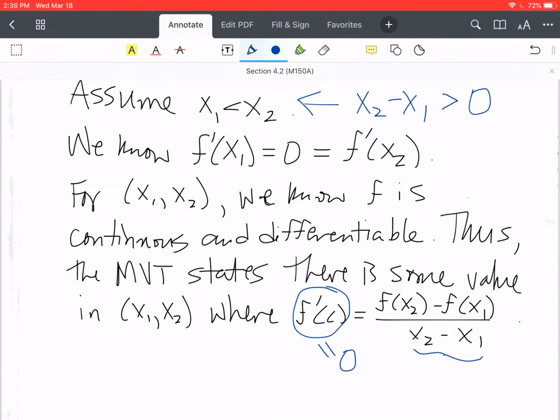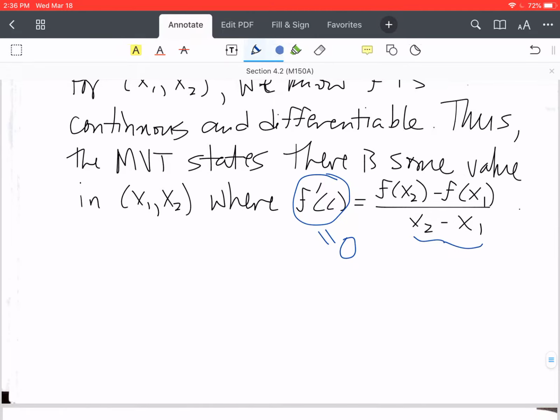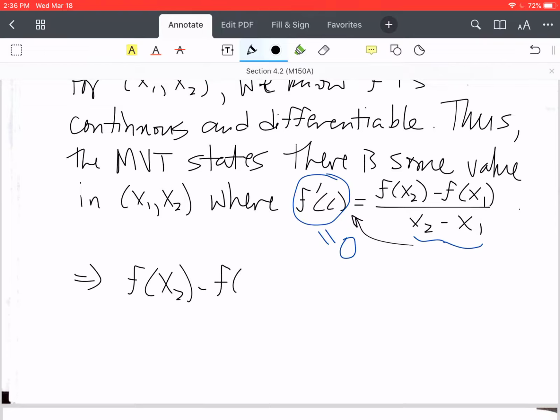That means I'm not dividing by 0 here, because that's always a concern when we're dealing with fractions like this. I'm going to multiply this across, but anything times 0 is just 0. So what this gives us is f of x2 minus f of x1 equals 0. So f of x2 equals f of x1